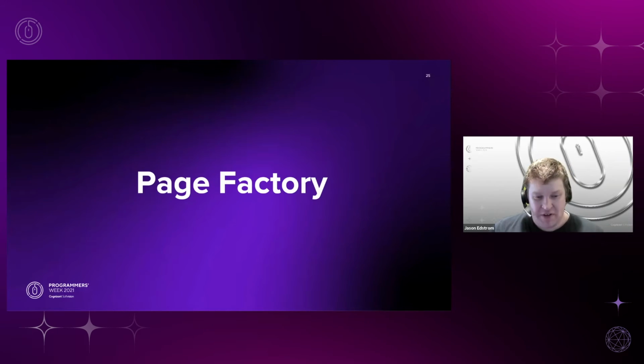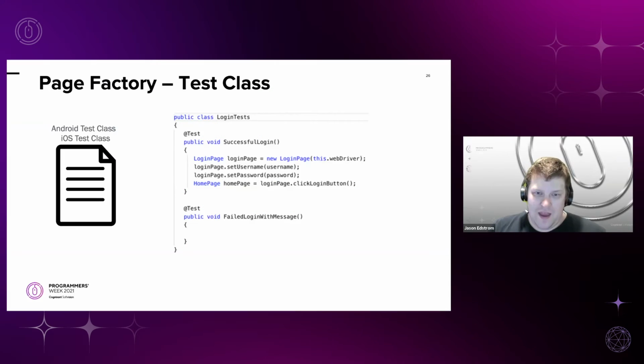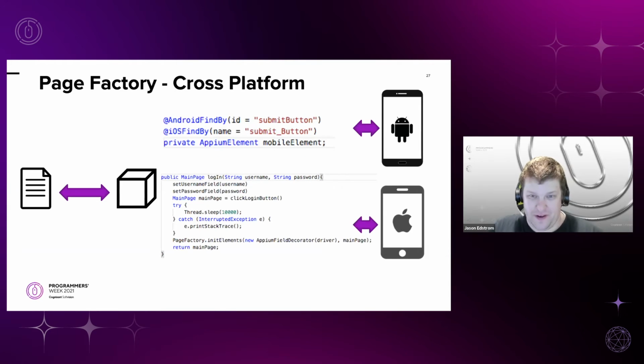And I'll go into depth about that as we walk through this. So with the Page Factory, we get our single test class, which is fantastic. It looks exactly the same as the conditional page object model, because all the work is being handled inside the page object model in terms of differentiating between the two operating systems. So we get that one for free, which is a nice part, because the next piece is a little bit different. So the page factory gives us that cross-platform approach.